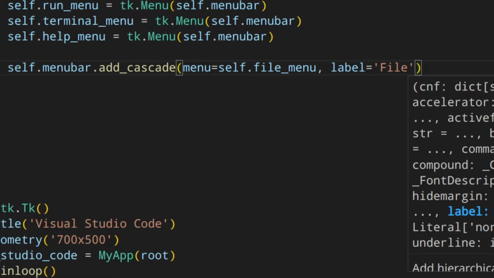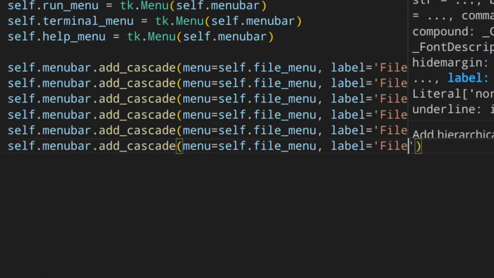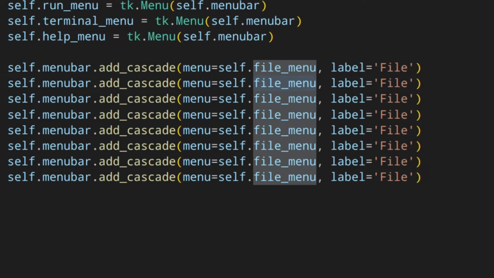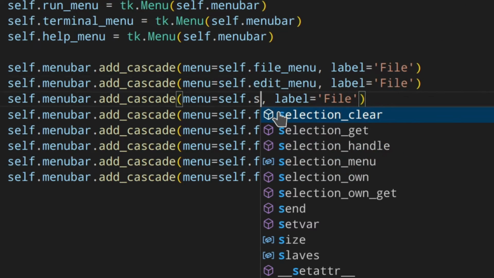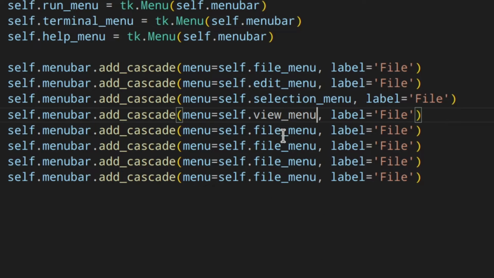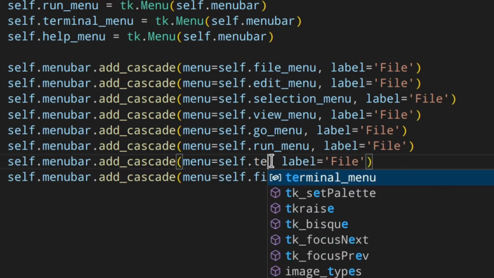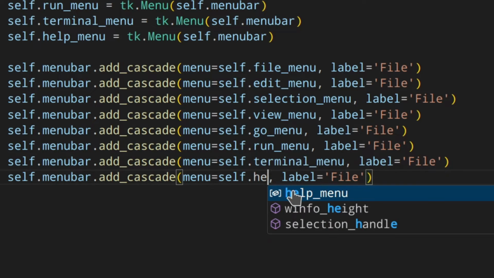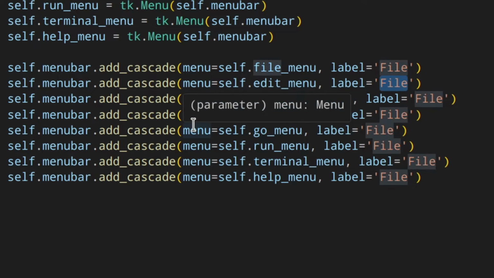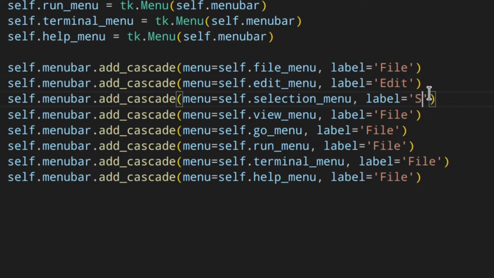And then let's do the same thing: edit menu, selection menu, view menu, go menu, run menu, terminal menu, help menu. All right. And of course here it's important: Edit, Selection, View, Go, Run, Terminal, Help. All right, so let's run it.